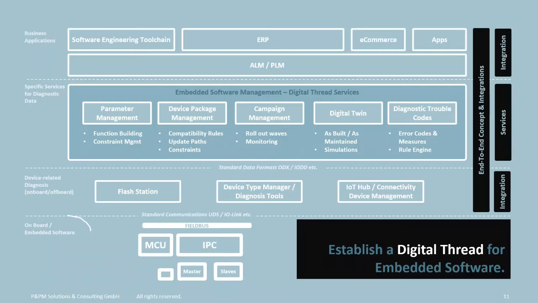So when we start at the bottom, we have the onboard software, and there might be diverse scenarios depending on your product, whether it's a fridge or truck or a simple sensor. We definitely have different complexity depending on what we talk about, whether it's one single microcontroller unit or a complex network of multiple control units. And that's of course depending on your specific situation. And there might be device-related diagnosis tools,